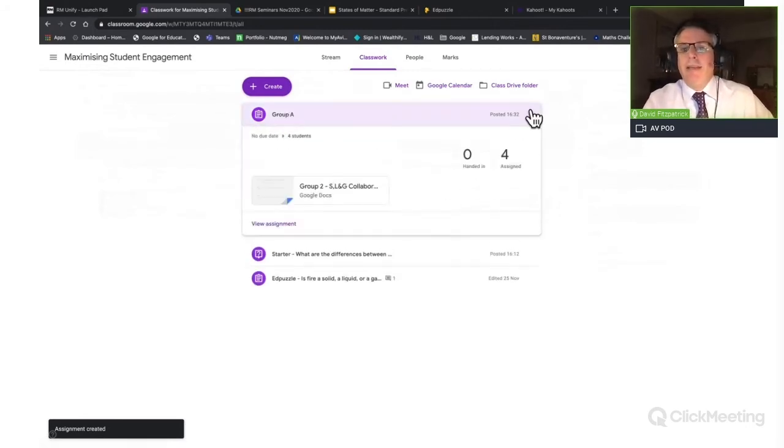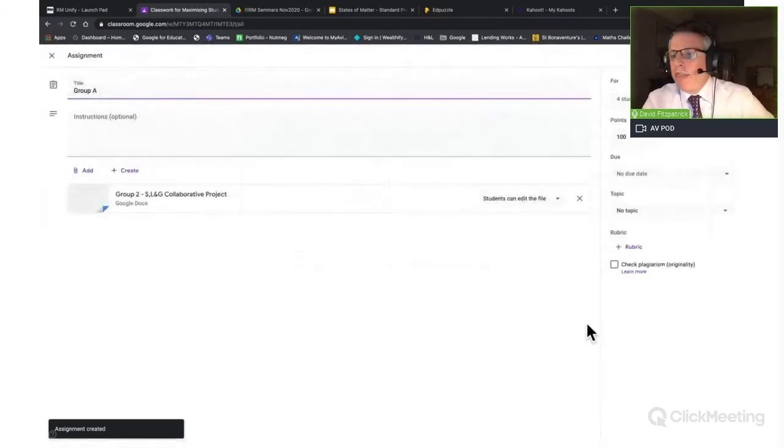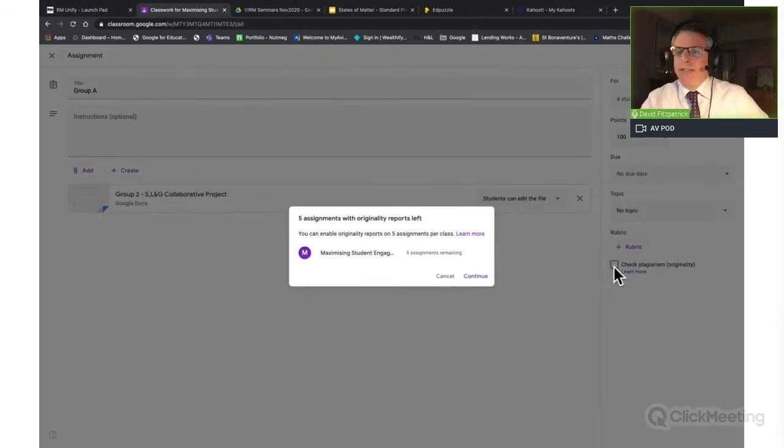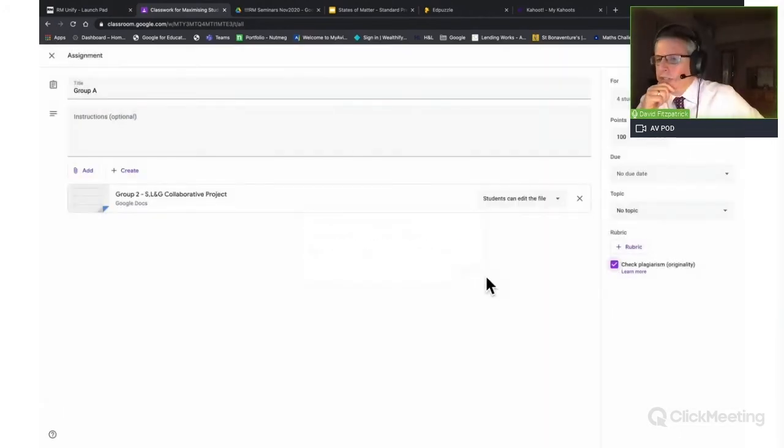So that's to group A. And the other thing that I wanted to show you, as well as it only going to that subset of students, something else you might not have seen is this check plagiarism button, which I'm going to click onto. If you've got the enterprise version of Google, that's unlimited. If you've got the free version, there's 5 of those per classroom that you can do, 5 assignments. But what that will now do